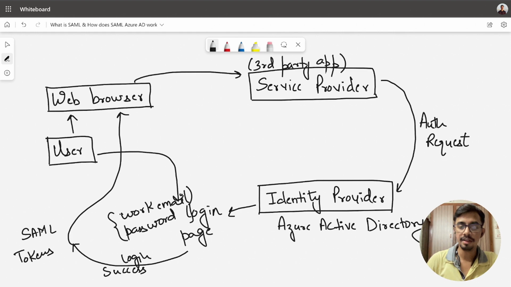You see over here that the identity provider did not directly send the tokens to the service provider. Rather, it will first send them to the web browser, and then the web browser will redirect these tokens to the service provider.